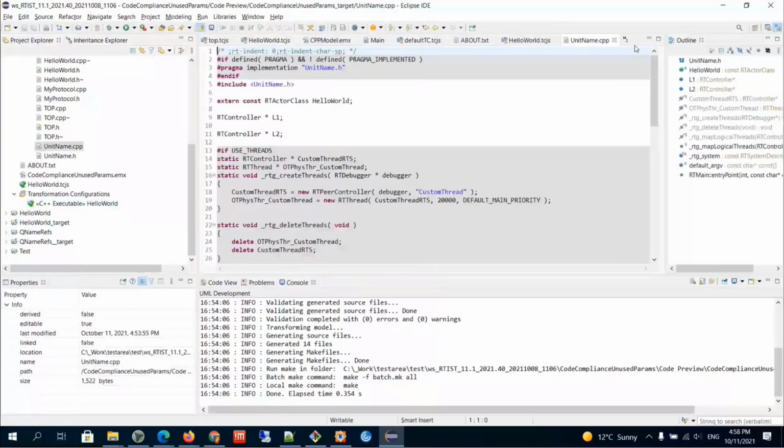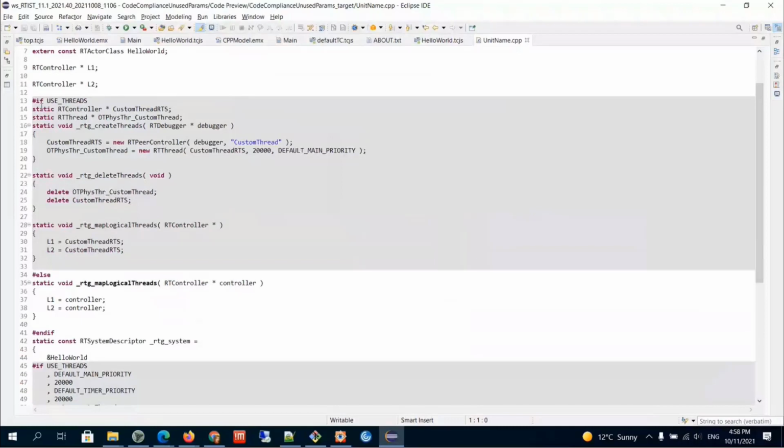Here is the function, and we are generating it in two flavors: one if use threads is defined, and the other, else. For the else case, we are always using this controller in the body of the function. But in case we use threads, if we are mapping all our logical threads to custom threads, then we are not using this controller at all. The prototype of the function is standard, so we cannot remove this parameter, but we just do not generate the name of this parameter. So this omitting of the name of the parameter